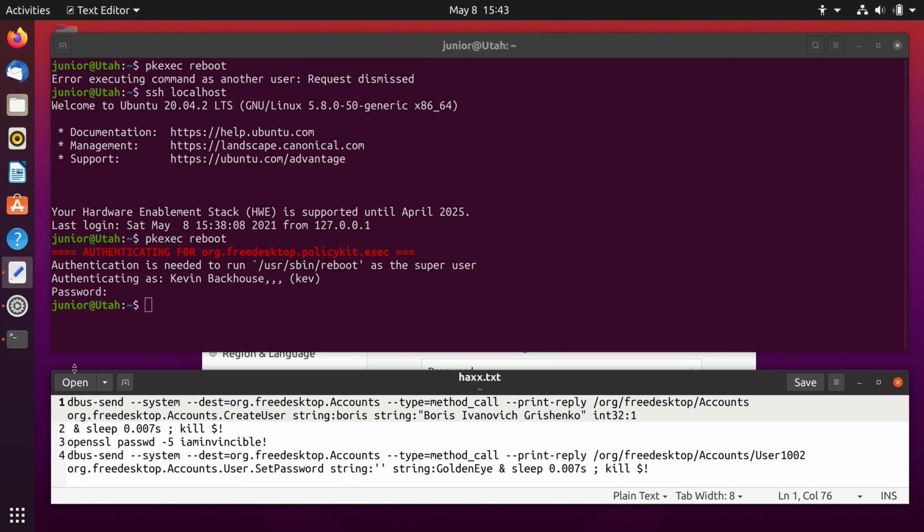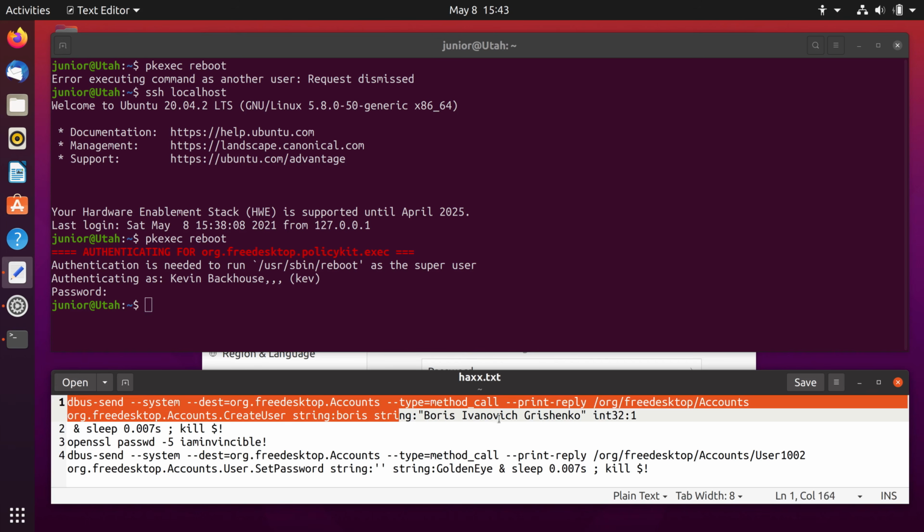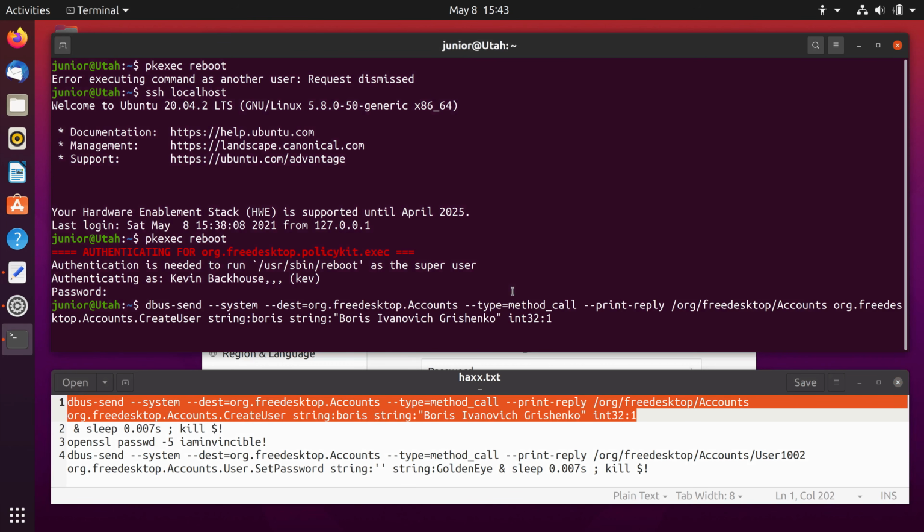I've got a little cheat sheet here so you don't have to watch me typing out all these long commands. I'm going to use this command called dbus-send, which allows you to do a lot of the same things from the command line that you can do with the settings dialog box. This command asks the account service to create a new user called Boris, but it gets instantly denied because creating a new user requires administrator privileges and it can't pop a dialog box because I'm still in the SSH session